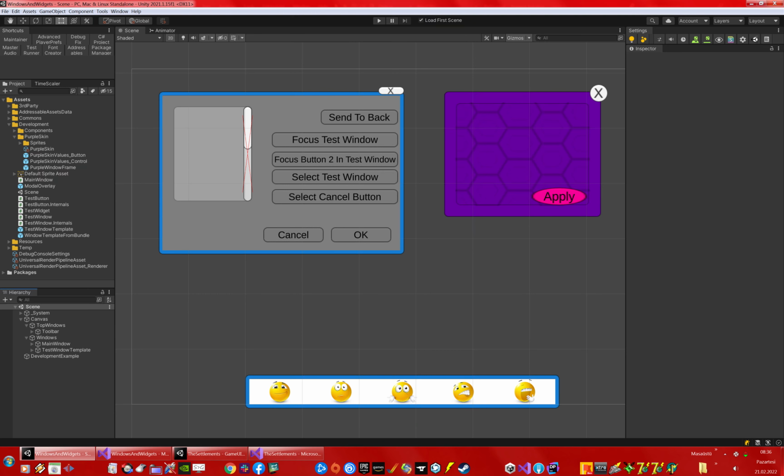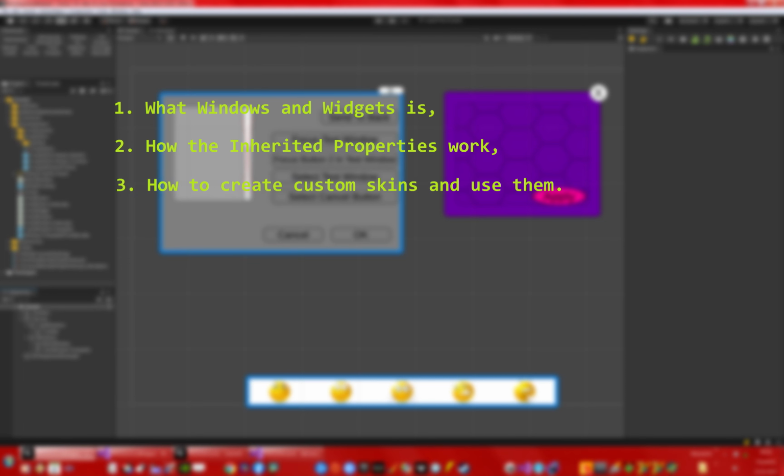Hello, my name is Onur and I want to show you some of the cool features of Windows and Widgets framework. In this video, first I'm going to briefly explain what Windows and Widgets framework is. Then I'm going to show how the inherited properties system works. And lastly, I'm going to show how to create custom skins and apply them to window and button controls in